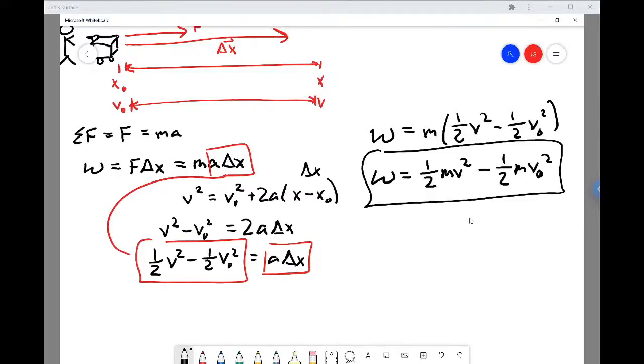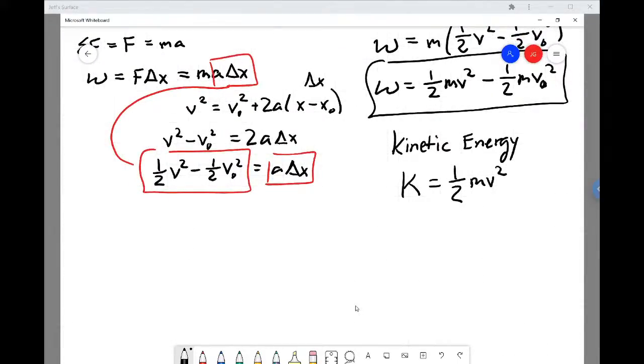So what we have here is a quantity which we've discovered. Let me write it out in words. Kinetic energy. Okay. Kinetic energy is defined as 1/2 mv squared. And so